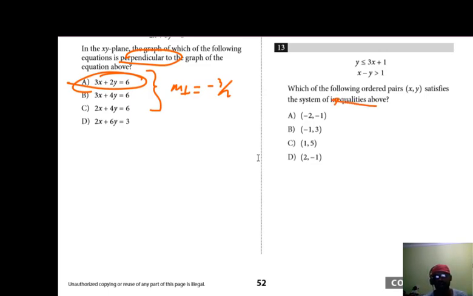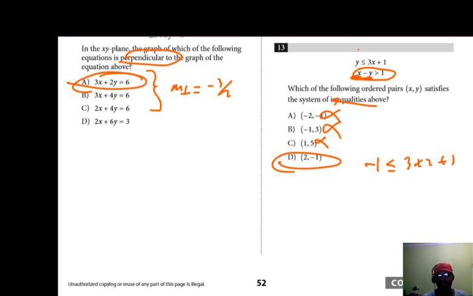Okay, you can even substitute here. See, look, the difference must be greater than 1. The difference, so x must be greater than y. So which one is true? X greater than y, this is wrong. X greater than y, this is wrong. Even this is wrong. I think this is the answer. Alright, let me check. So 2 minus of minus 1 is positive. Yes, that's true. When I plug in here, the first one, minus 1 is less than or equal to, yeah, obviously 3 times 2 plus 1, definitely. Okay,